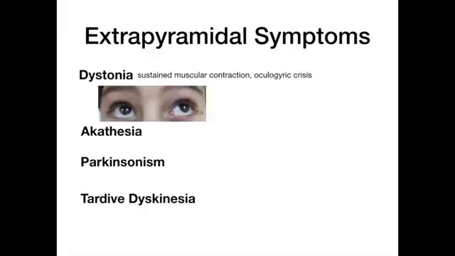The next is akathisia, and this simply put is restlessness. Like the patient that is pacing and tapping really, really quickly, that's akathisia. And these are all due to decreased levels of dopamine as the result of antipsychotic use. So when you deplete those dopamine levels, all of a sudden the patients get really, really restless. They start pacing, they start tapping, they literally can't sit still. And it's not like a normal patient who just likes to fiddle with a pen. This is true restlessness. Knees are flying a mile a minute. They're tapping their feet on the ground really, really quickly.